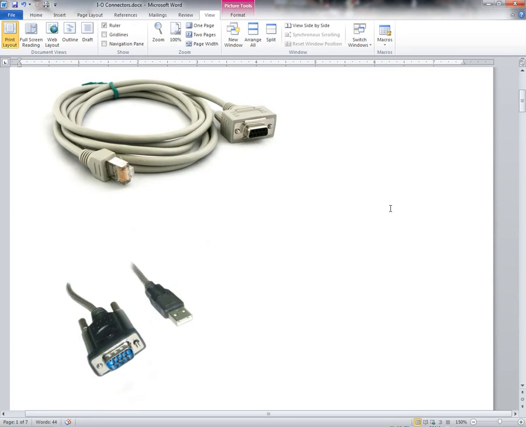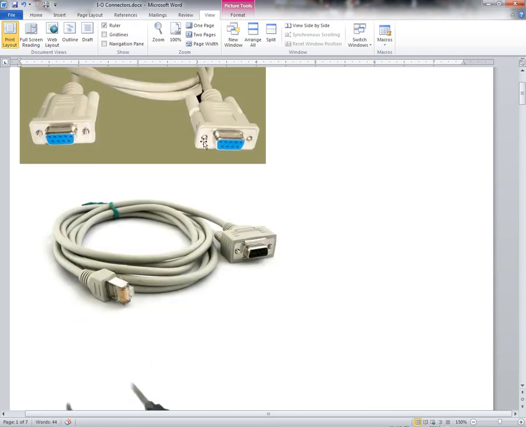Another older technology that I didn't even pull up any pictures for was parallel. Most commonly with parallel we're doing LPT, which is line printing, so using it as a printer connection port. But how are most of our printers connected these days? Via USB. We really don't see the parallel ports anymore, and once again this is something that's been deprecated on motherboards. The parallel port used a DB25 connector, so it actually looked very similar to this connector, but it was 25 pins, 2 rows, 25 pins instead of 9. Parallel does support daisy chaining though,